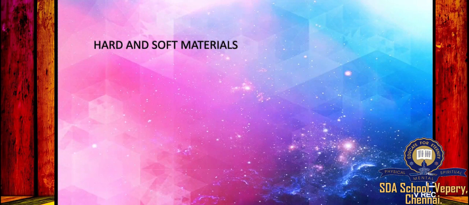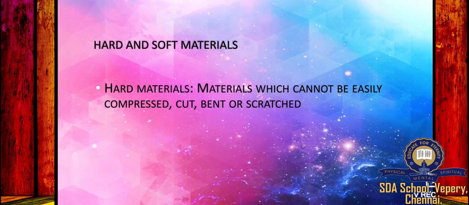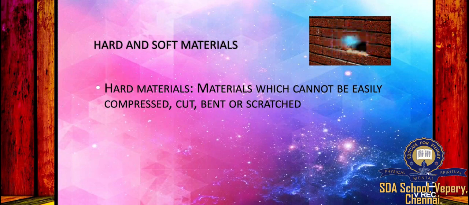Hard and soft materials. So what is hard materials? Materials which cannot be easily compressed, cut, bent or scratched. So those materials are known as hard materials. For example, bricks. So bricks we cannot compress, we cannot cut, we cannot bend, we cannot scratch the brick. So the materials which cannot be easily compressed, cut, bent or scratched, the materials which are very hard